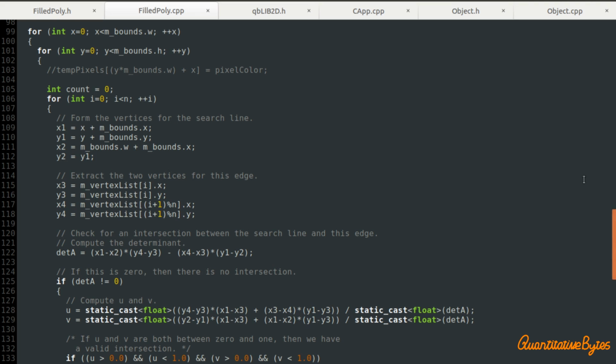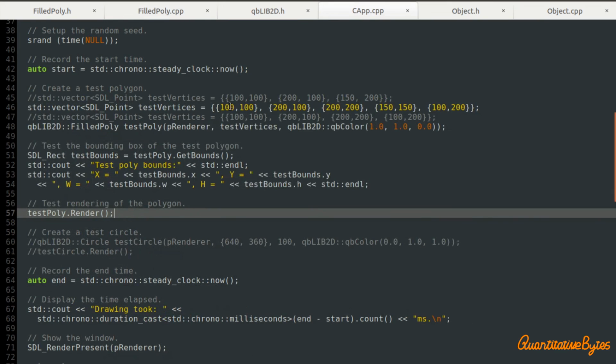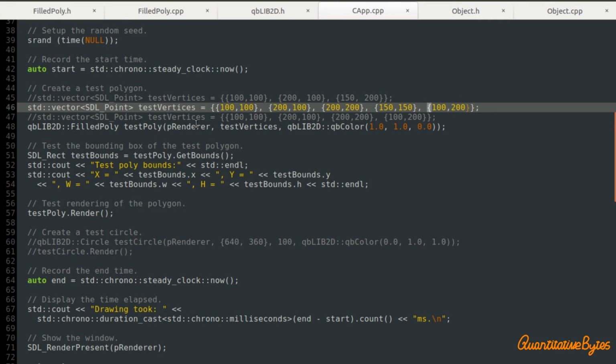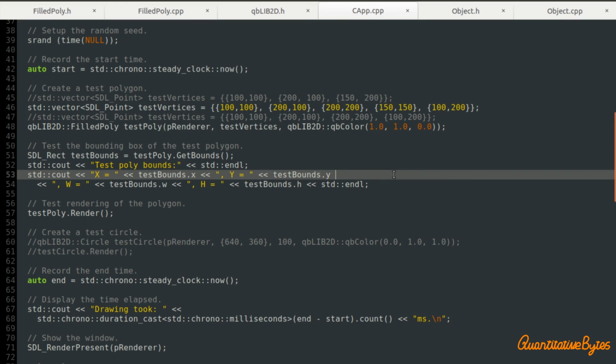At the moment with this filled poly class, if we wanted to move the filled poly to somewhere else, we would have to modify these vertices, and we would then have to cause it to re-render the texture, which would be very slow, and is actually completely unnecessary. If we just wanted to move it around, we just need to plot the texture, to blit the texture into a different place. Anyway, that's all things that I'm probably going to look at over the next week, but we'll see. So there we go.